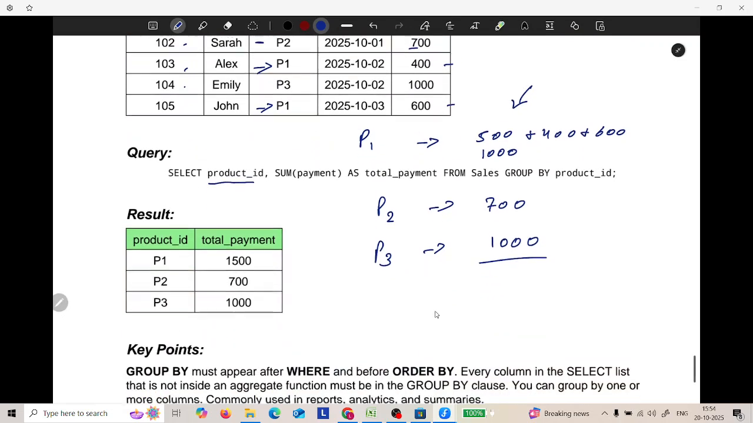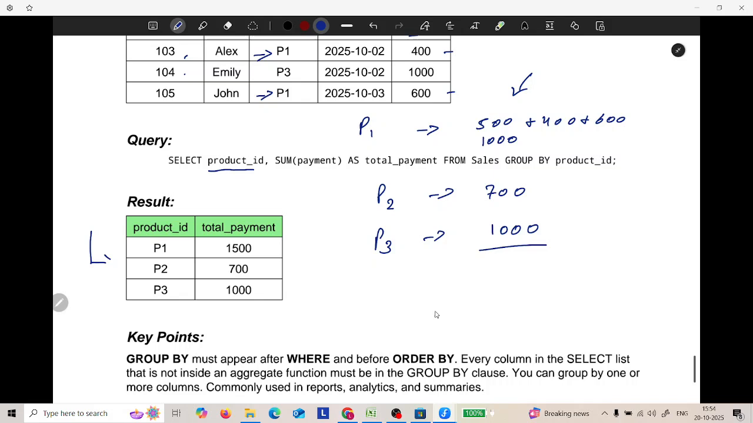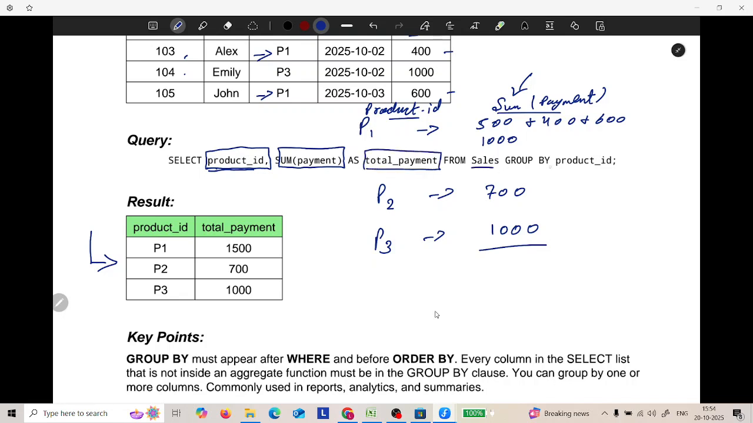Okay, same way you can see this is the result of this query. What we are doing is we want the total payment by the product ID. So in the select clause we are using only the product ID, then we are giving an aggregate on the payment if we want the total. So this is the sum of payment, and here is our product ID. Okay, same way we just did this. Now the same thing, we just give the alias as total payment from the sales table, group by product